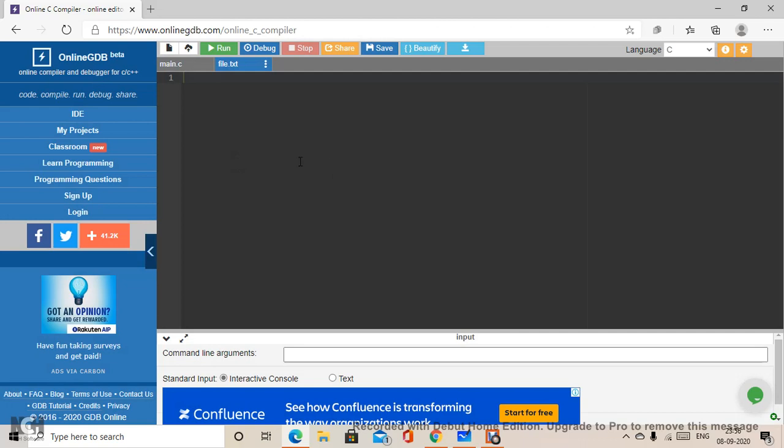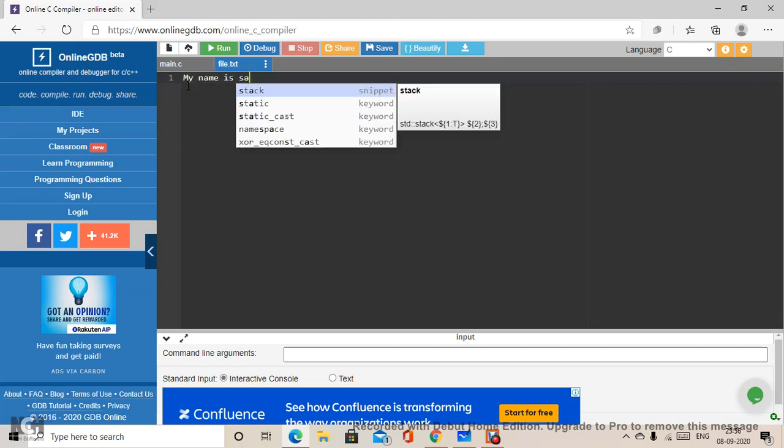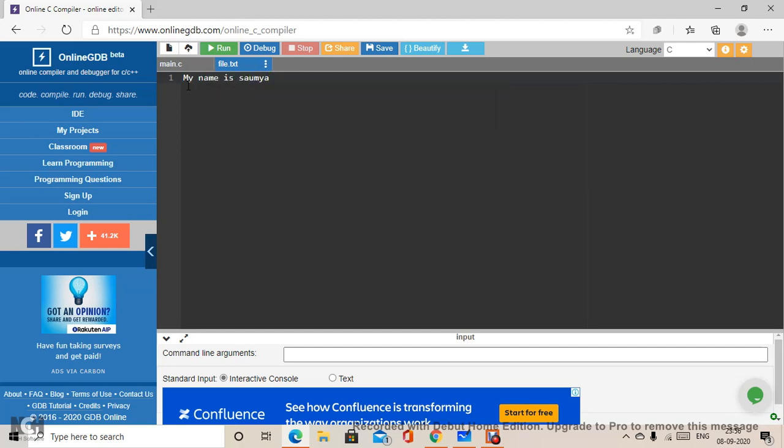We can also create binary files, but then you need methods to read from the binary file, because the content is written in zeros and ones and you won't be able to read it directly. So let me simply write in the file: my name is Soumya. Now I wish to write code in the main file through which I will open this file.